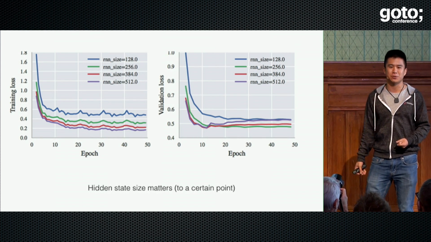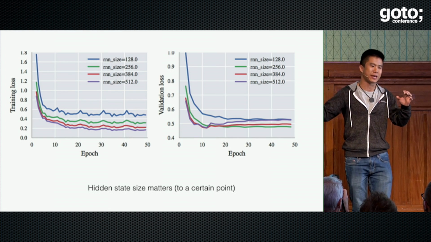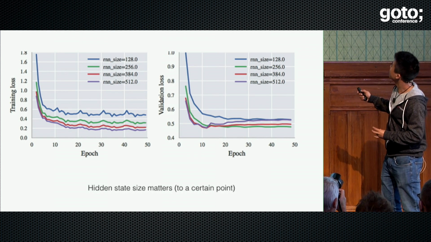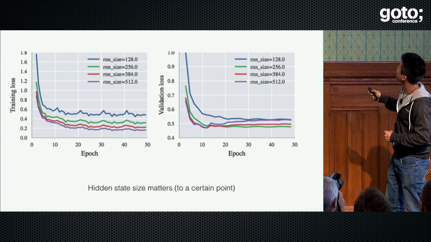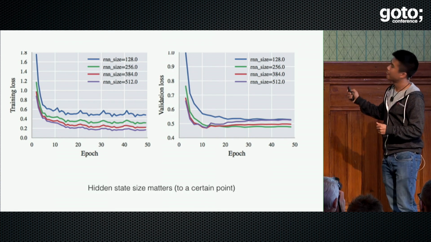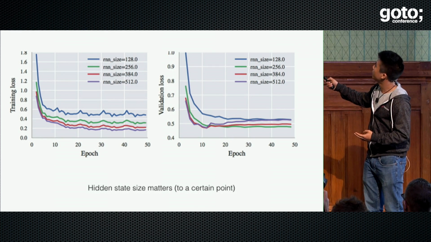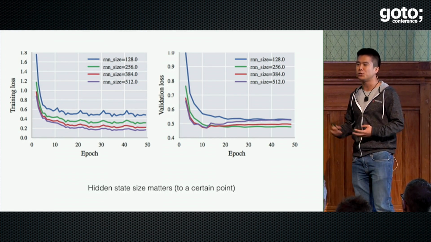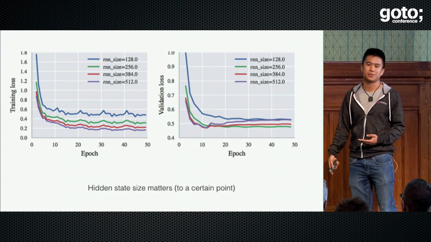A similar story can be told about the hidden state size, so how wide those memory cells are. How many units do we have in them? As we increase the hidden state size, we get performance improvements in generalization from this blue curve all the way down until we get to 256 hidden units, this green curve. After that, we see the same kind of behavior, where the training set error goes lower and lower, but because you're memorizing the inputs, because your model is now too powerful, your generalization error actually gets worse.